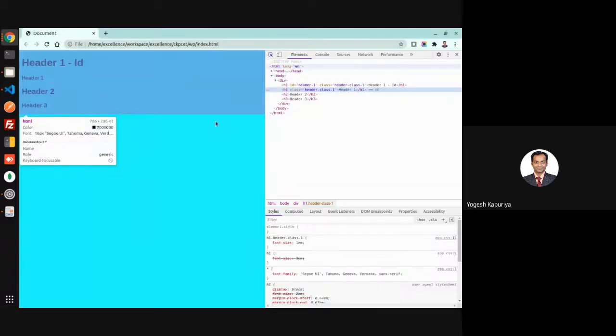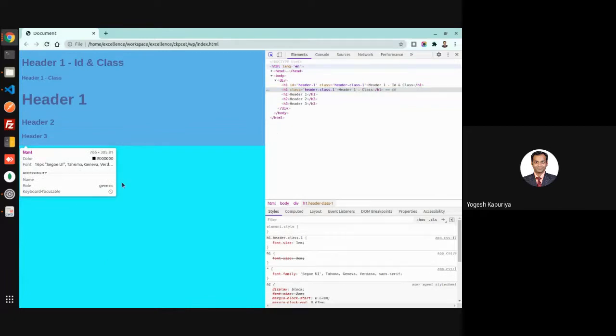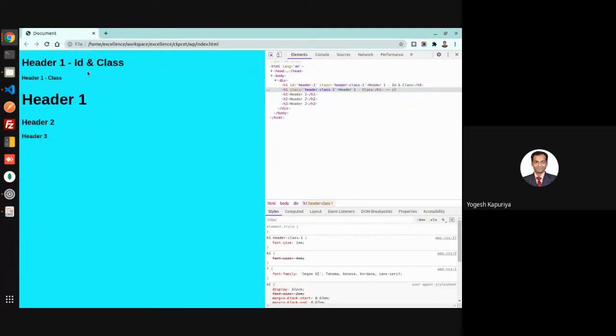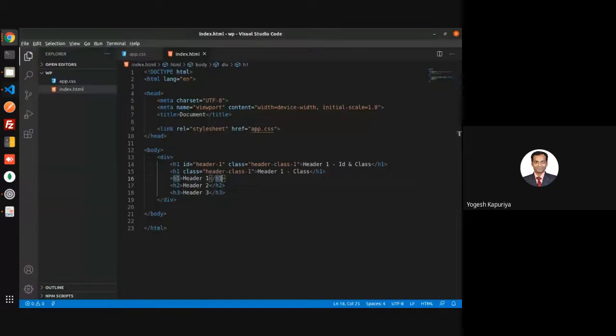So now we are creating 3 headers: ID and class, only class, and header 1. The first priority is the default style. The class will be given the next priority, and if you have anything written as a class and ID, then it will be the highest priority.